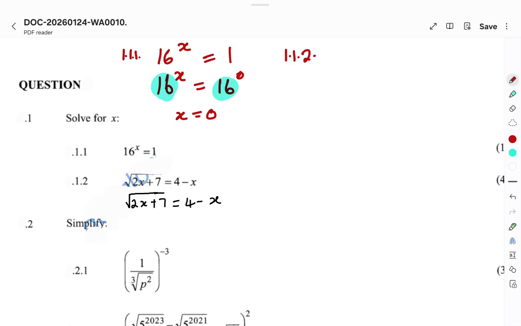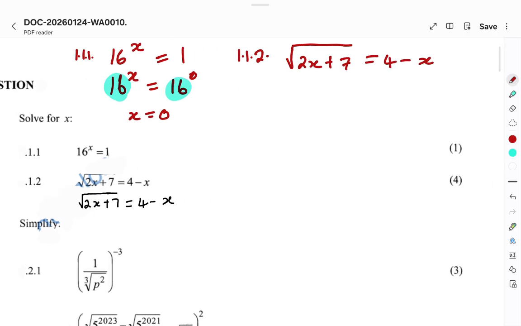1.1.2, we need to solve for this, whereby we have the square root, which is the radical sign. Once you have this one, we all know the procedure. You isolate your square root. After isolating your square root, you square both sides, then you solve. For this case, we are lucky because the square root is the subject of the formula now. So it's a matter of just squaring, then proceed. So we square both sides,